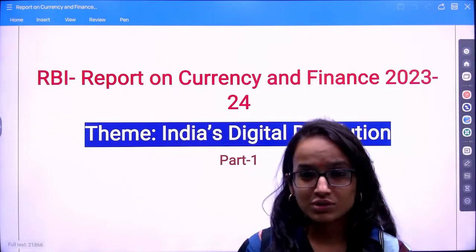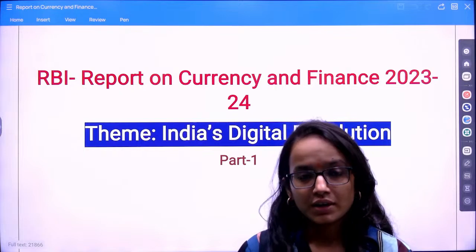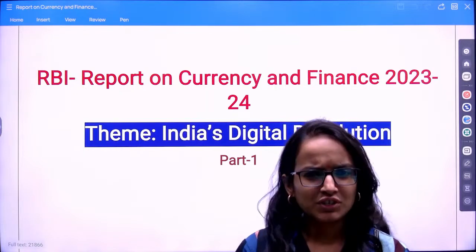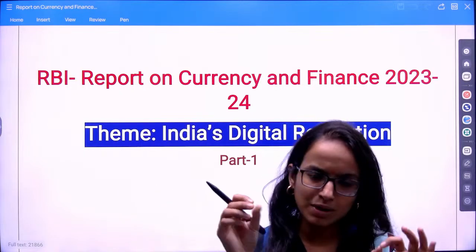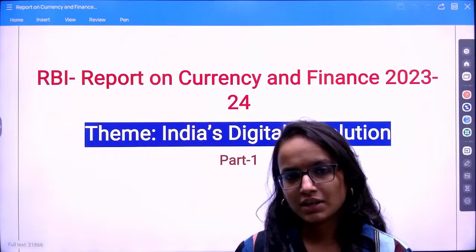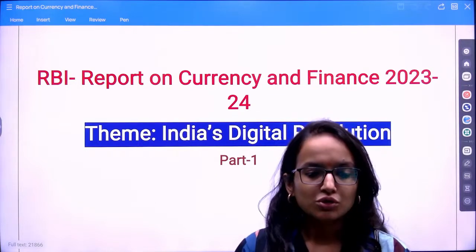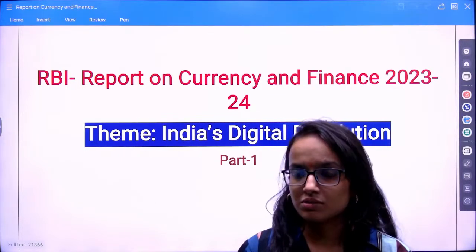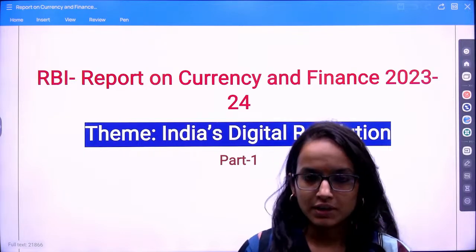This is not like the financial stability report, although we have to complete the financial stability report also. That is the most technical report we have discussed so far, right? But this is a simpler one. We just have to go through the lines and just mug up the data. The simpler concepts and facts are there, okay? So, I hope we will be able to complete this report very quickly, okay?